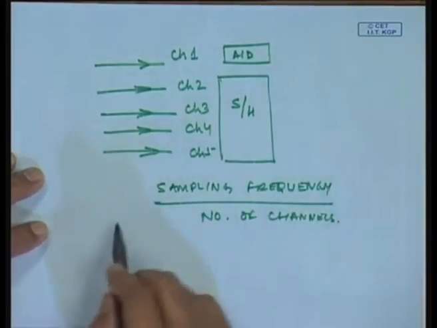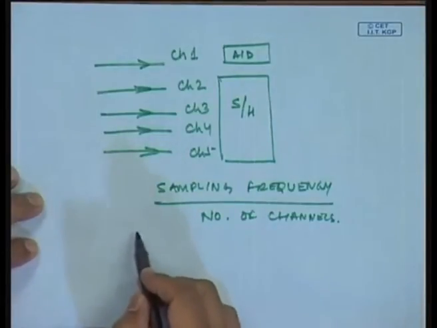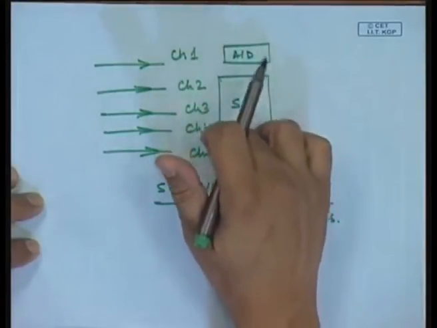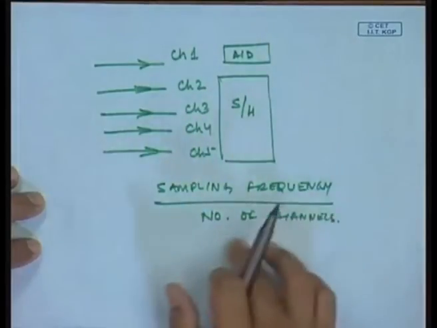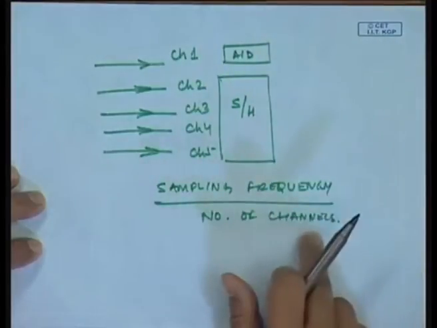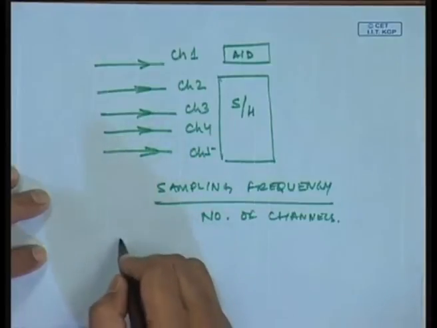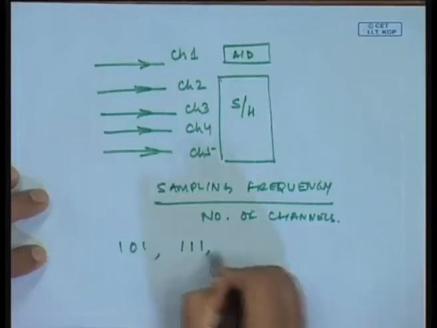Okay. So, AD cards have these multiplexers built in, but nowadays there are cards wherein real time operations are there. There are individual A to D converters for each channel. Okay. So, every channel samples at the same frequency, and we do not divide it by the number of channels. Okay. But once this data has been obtained in digits,